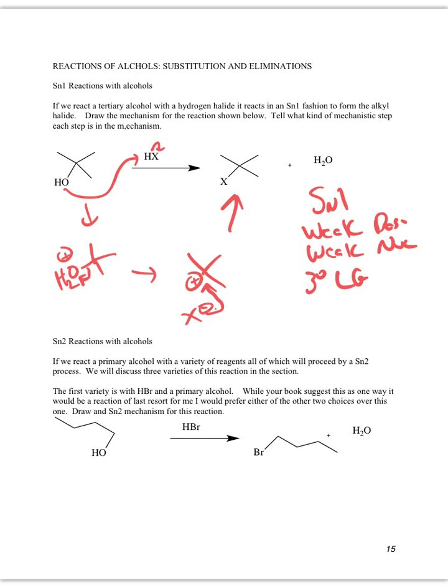But with a weak base, weak nucleophile, and a tertiary leaving group, it's easiest to form a carbocation, and with the tertiary compounds, the carbocation is more stable, so it's easier to form, so that's why it goes